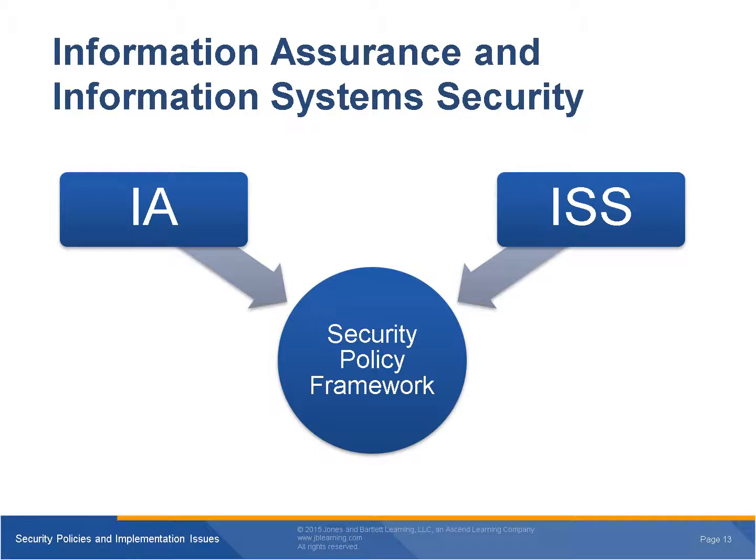So, information assurance and information systems security. To develop a comprehensive set of security policies, you must start with the goals of information security: confidentiality, integrity, and availability. Information assurance tenets also include non-repudiation and authentication. To meet information assurance needs, your framework should include policies for the following: